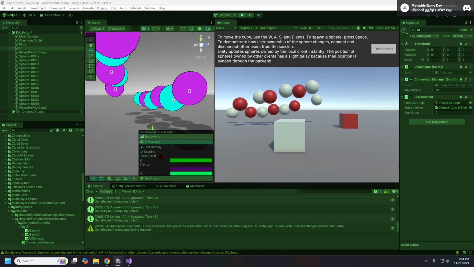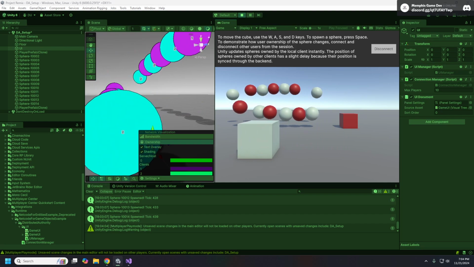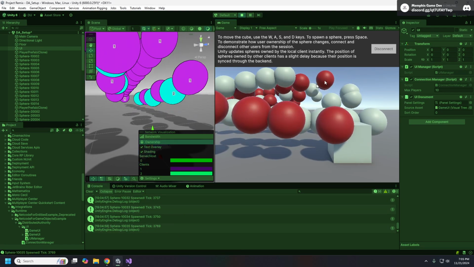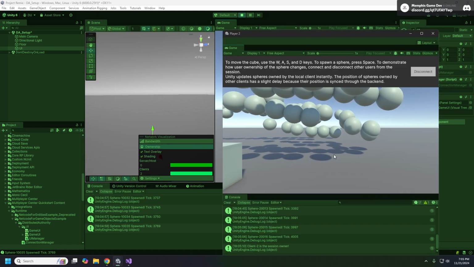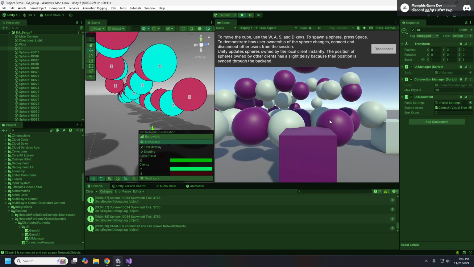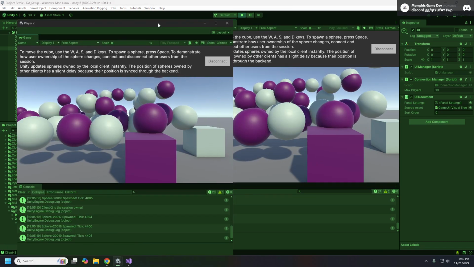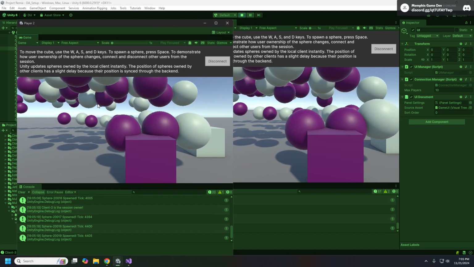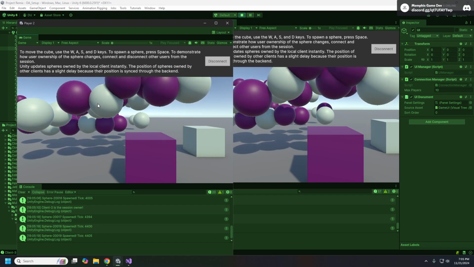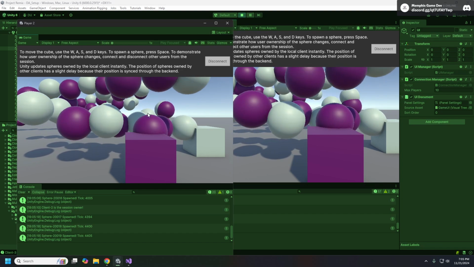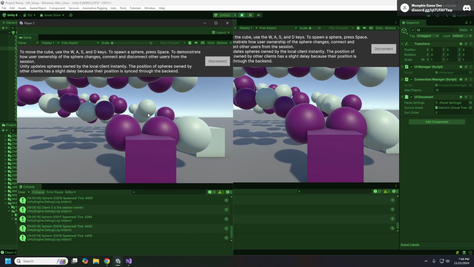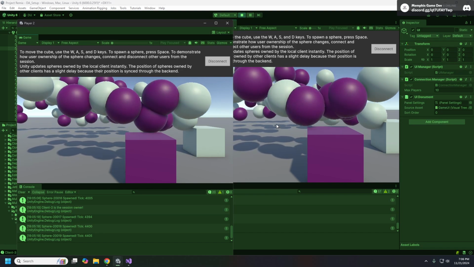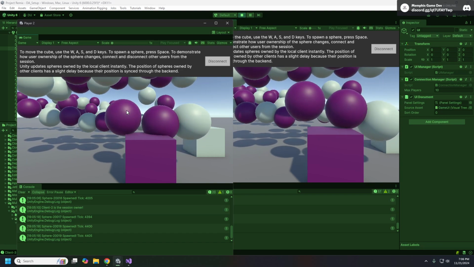Okay, here we go. It says my dude joined. He gets half the objects. And again, when this player disconnects, the other player owns everything. See, everything is in sync. The spheres that each client controls, they are controlling the physics for. So for the things that you control, those will be really smooth. For the objects you don't control, those might have a little bit of lag to them.